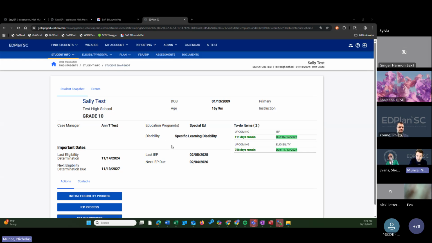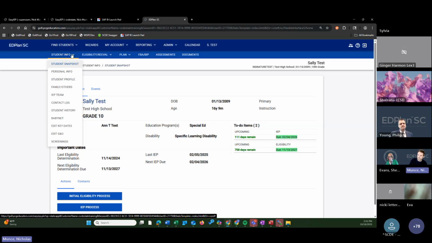But I think, Michaela, the issue you're describing is there's no exit event, right? They're still active, so EdPlan does not know to put them in the report. If that's the case, you can manually inactivate that student because if they aged out last year, we no longer get that information on a nightly basis. And the way to do this is inside the student info dropdown. If you go to the personal info page,